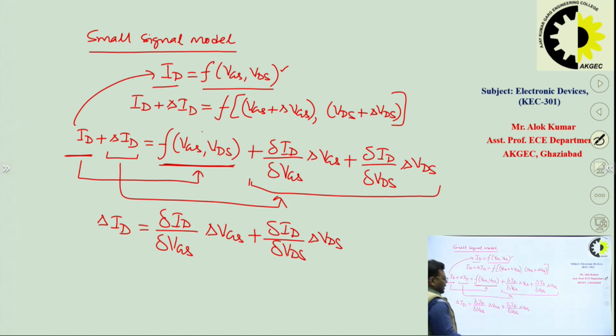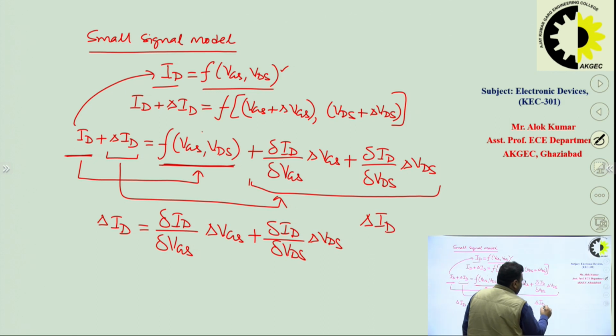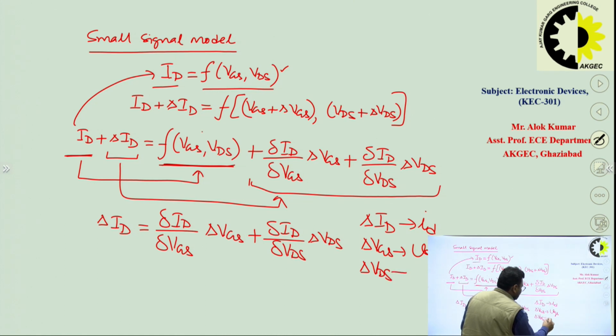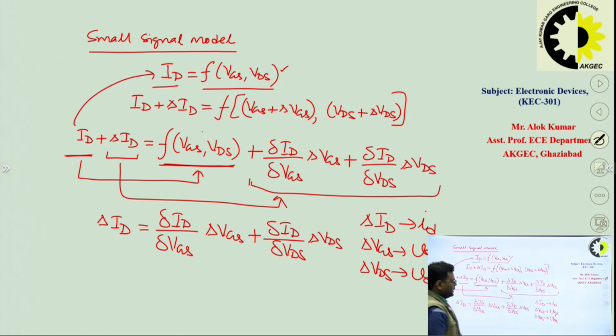Now if I change these notations, delta ID to ID, delta VGS to VGS, and delta VDS to VDS,